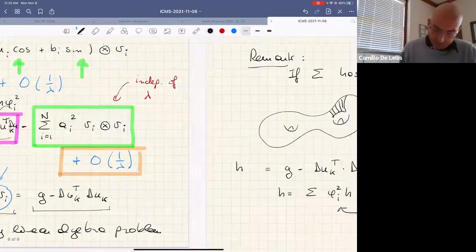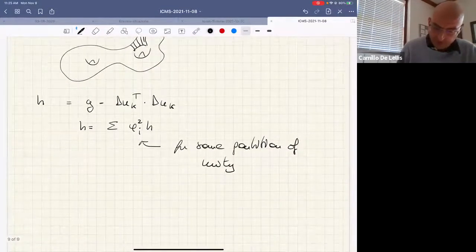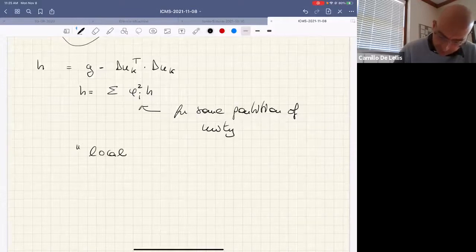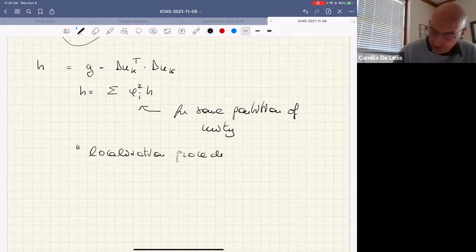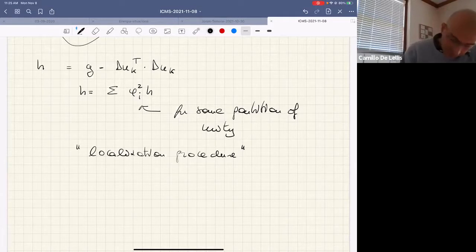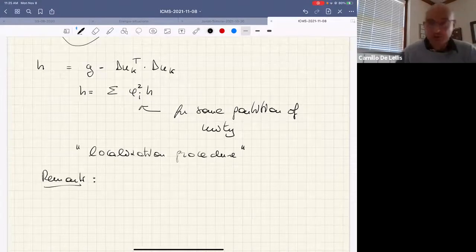Okay. I want you to remember this trick, because this kind of localization procedure is important. It's a tool in your toolbox that is going to play an important role later on. Let me also remark, you can't do this localization procedure at the level of the directions in which you oscillate. So careful, you can't choose